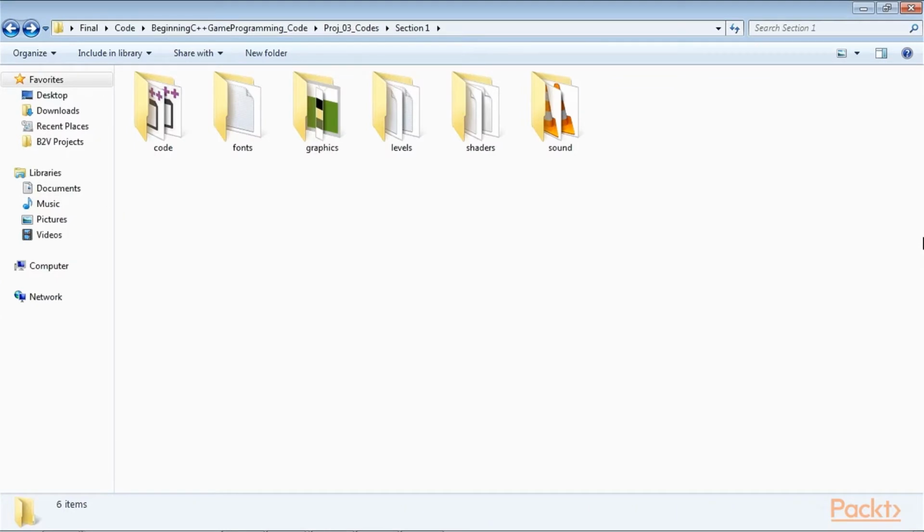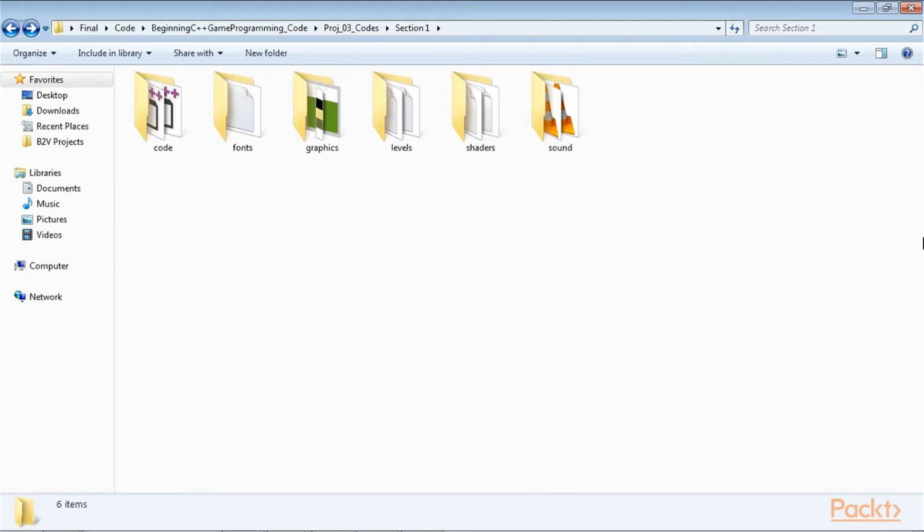The assets in this project are even more numerous and diverse than the Zombie Arena game. As usual, the assets include a font for the writing on the screen, sound effects for different actions such as jumping, reaching the goal, or the distant roar of fire, and of course, graphics for Thomas and Bob, as well as a sprite sheet for all the background tiles. All the assets required for the game are included in the download bundle. They can be found in Section 1 Graphics folder and Sound folders respectively.